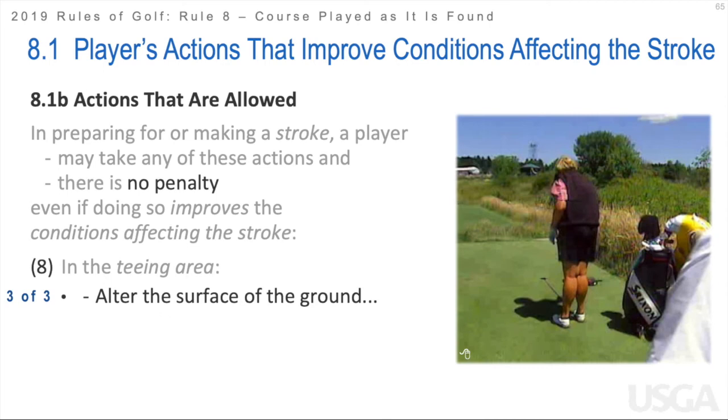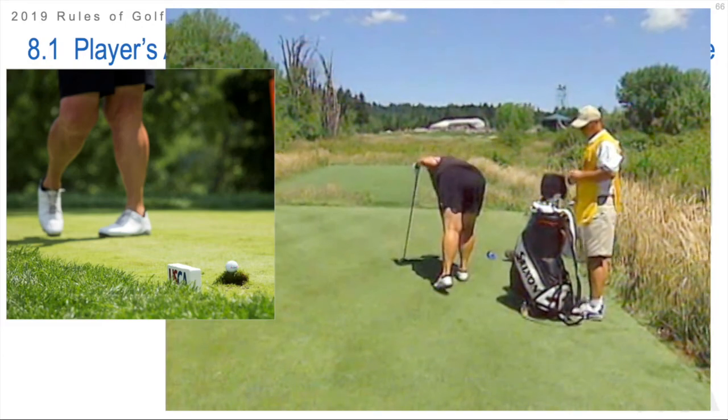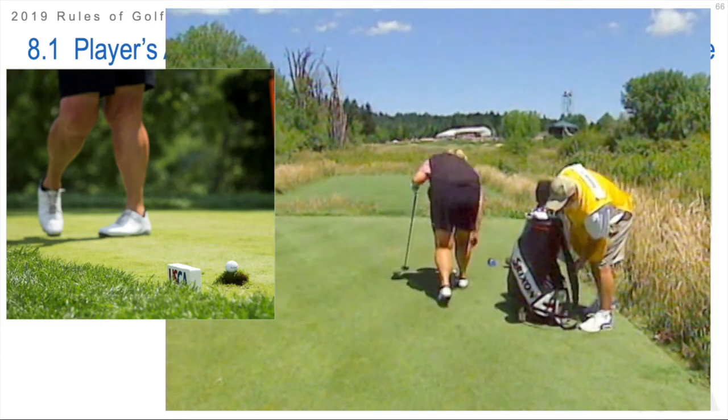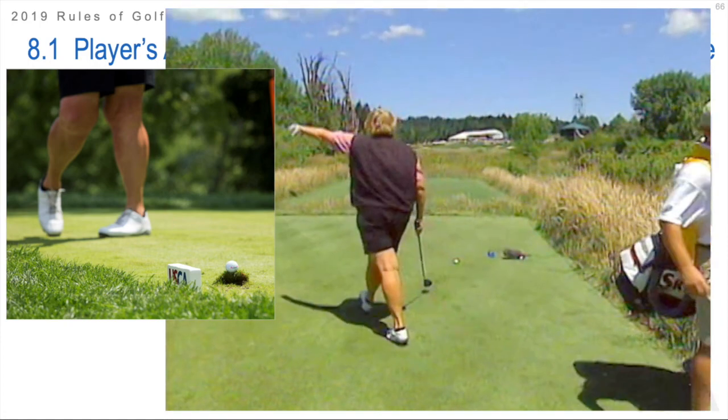You're also allowed to alter the surface of the ground. Laura Davies is famous for this. She doesn't really use a traditional tee. What she does is creates an imperfection and then tees the ball up on that imperfection. So that is actually what she does here, is creates that lump of grass that she then tees the ball